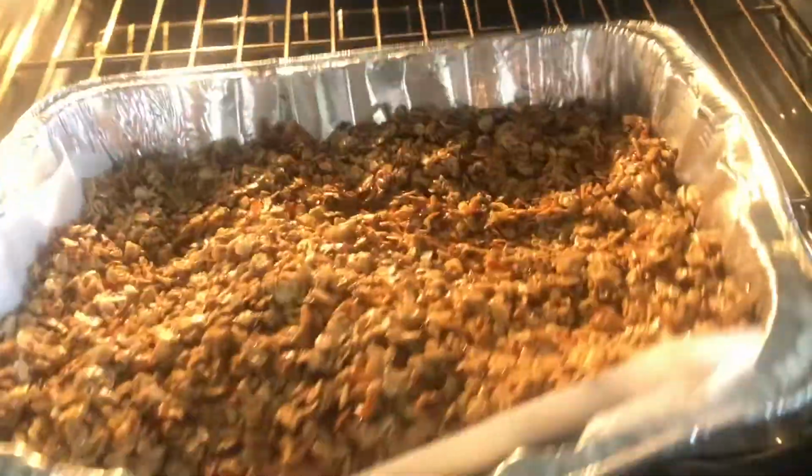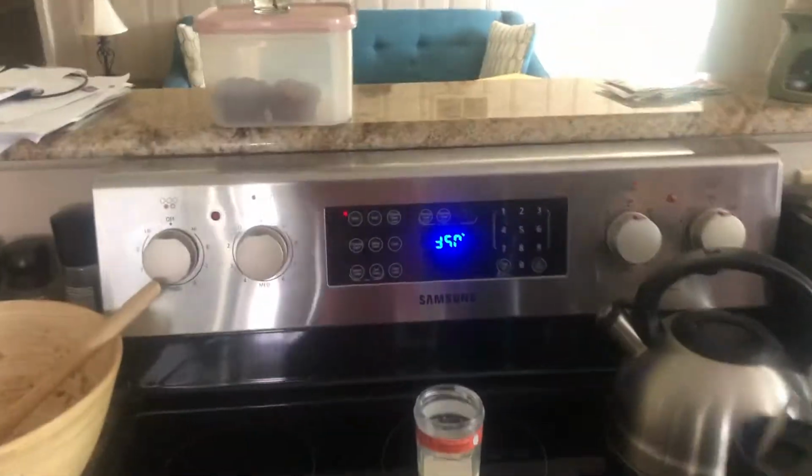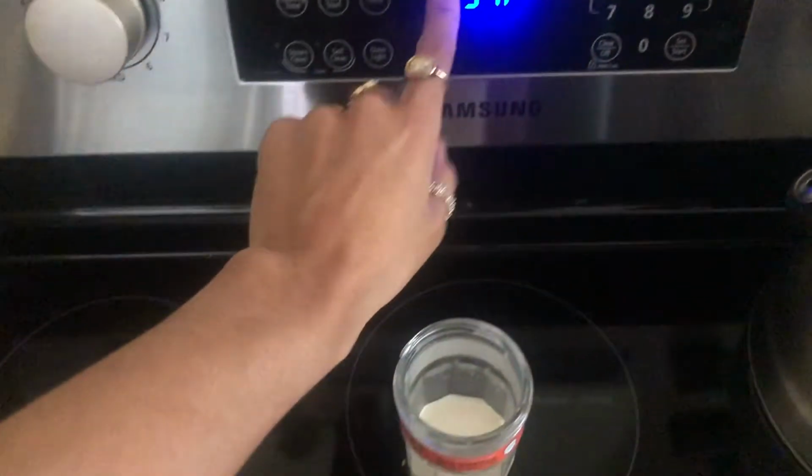I'm not gonna brag, but I think I did something really good here. So, in we go. Wow, that honestly looks so beautiful. And voila. And then you're gonna set the timer